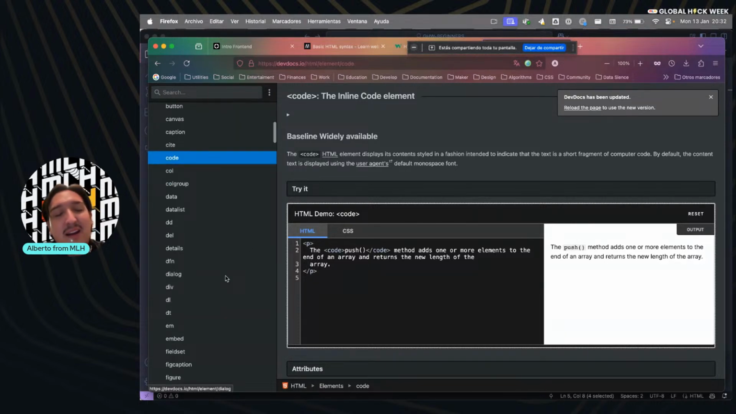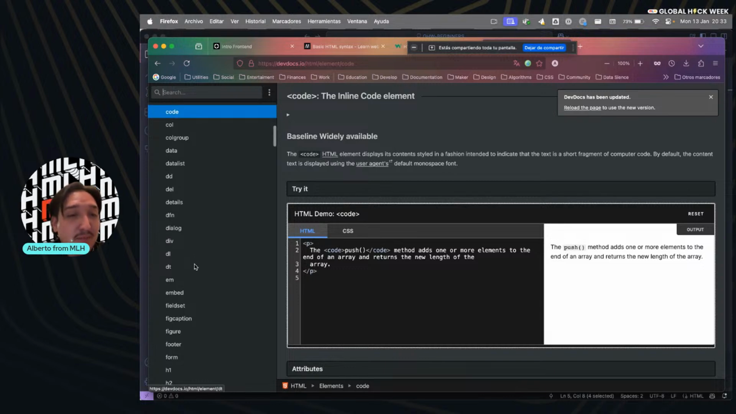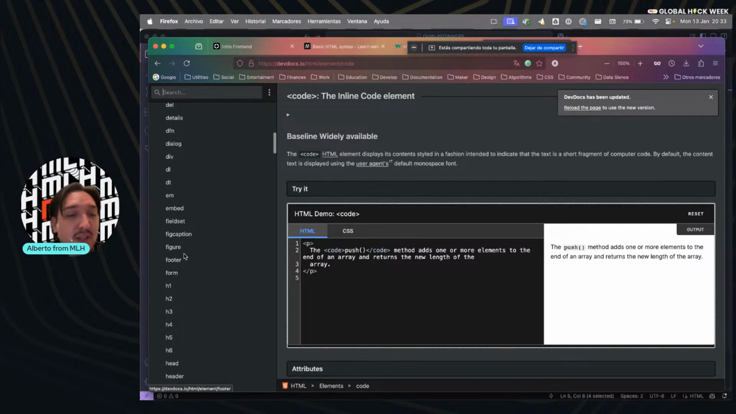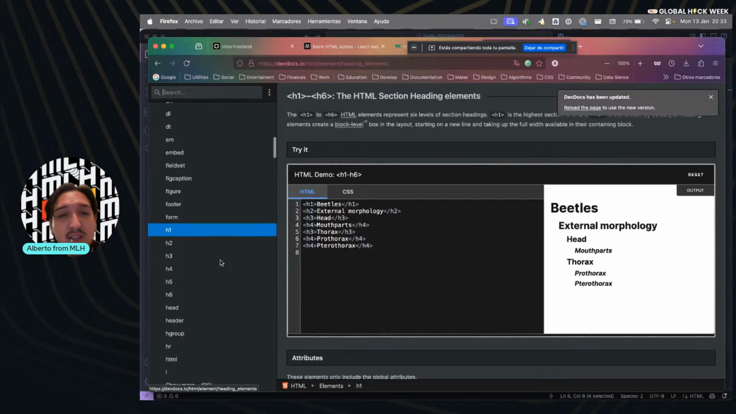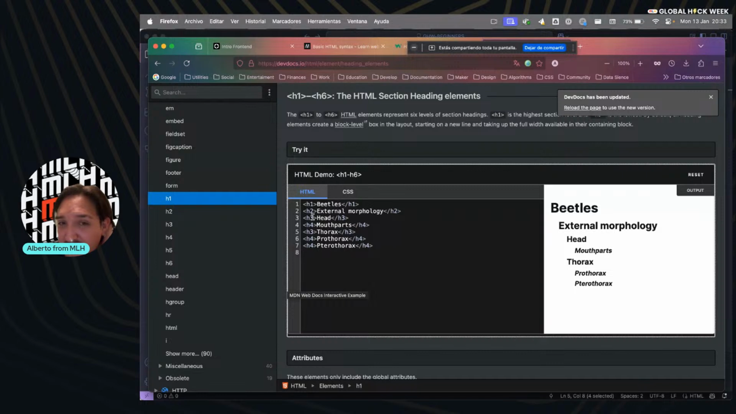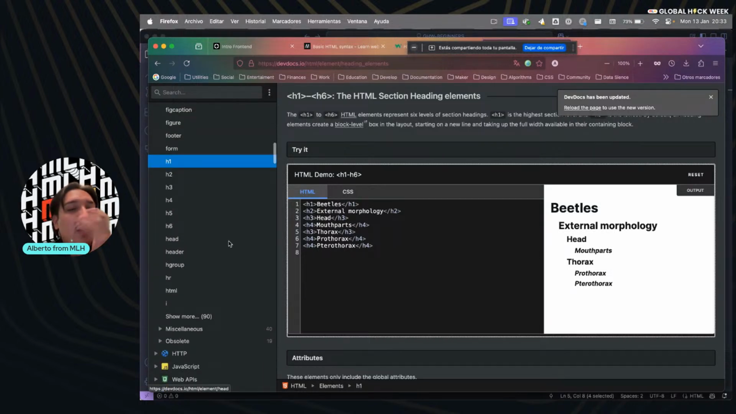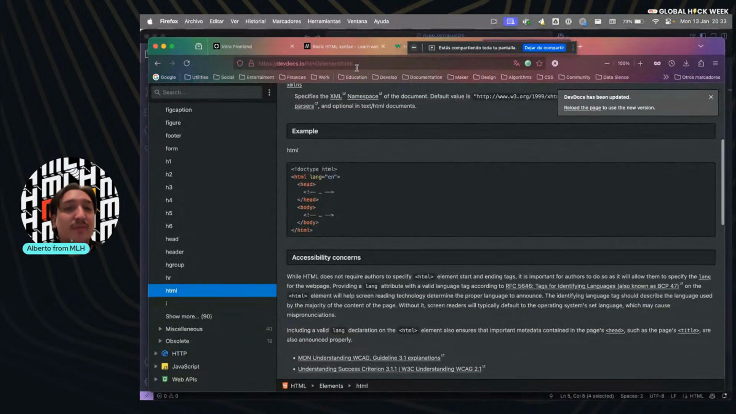Some of them, and a lot of them, are also for styling text. This can be done in very different ways. What else? Figure, footer, form, the H1 to 6. Actually, this is the representation of how this looks. HTML, the father of all. So yeah,